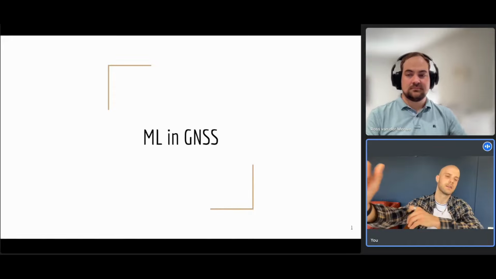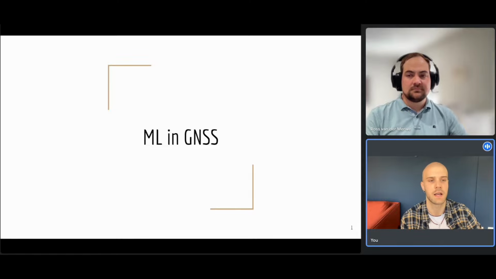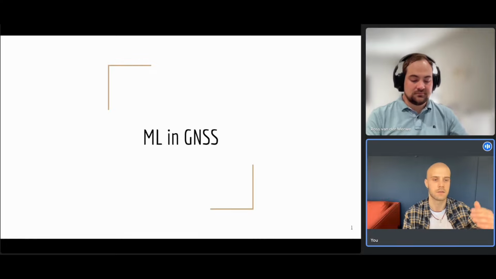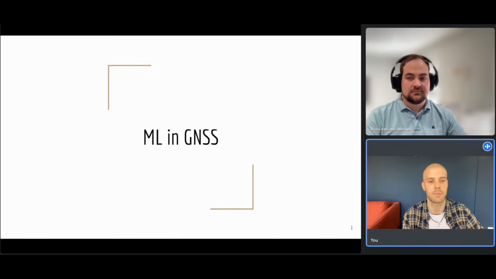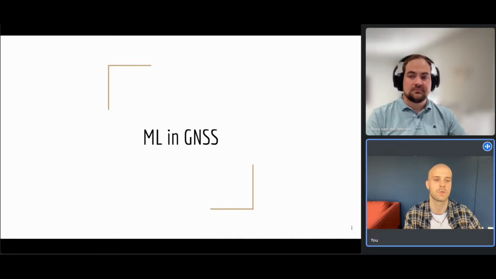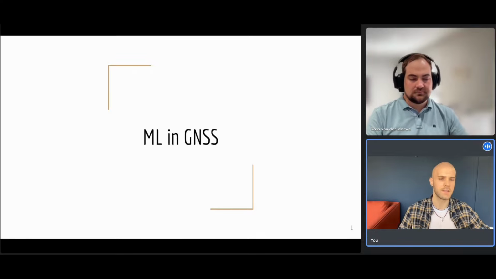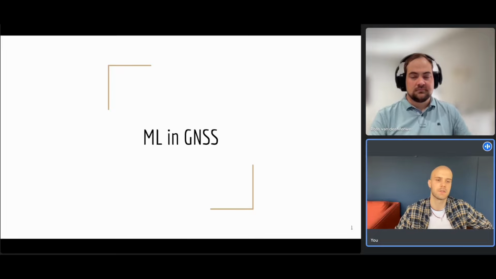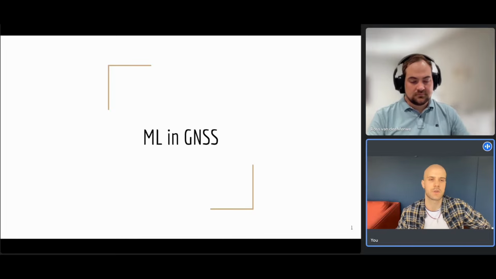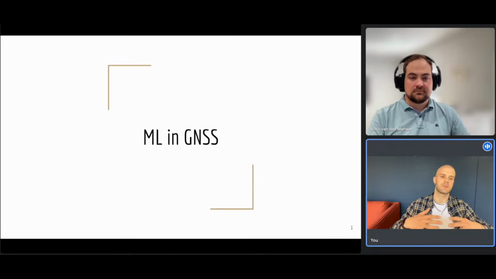The algorithms used in GNSS positioning are mostly old-fashioned signal processing algorithms, but over the last years, there are people, like the guest I have today, that are trying to apply more data-driven or statistical analysis to improve GNSS performance. As we will see, to the question, what is the application of machine learning to GNSS, the answer is not straightforward, because GNSS is a quite complex pipeline, and there are different stages of this pipeline, and we can apply different types of techniques at different levels.